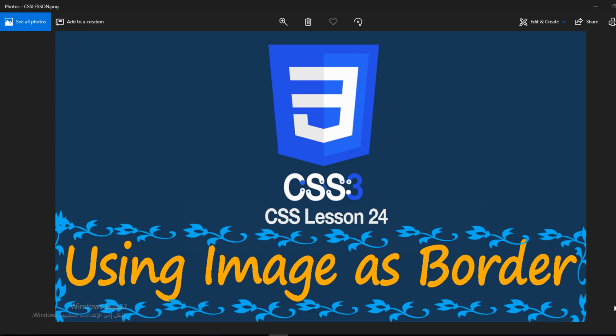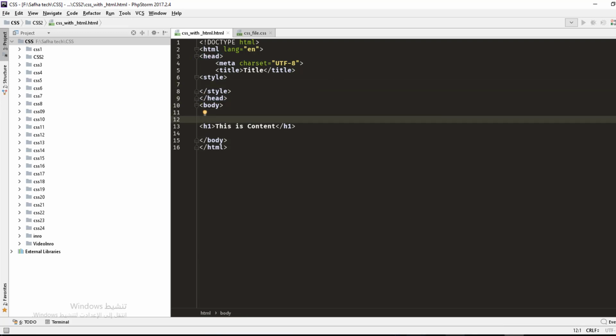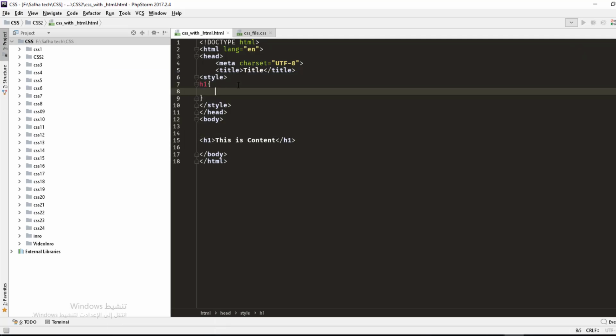In this lesson we will use an image for a border. So we will create a border with images. What we have here in the code is only a header. This is the header that we have, and I'll add a style here. Let's see h1, which is the header, then say border,